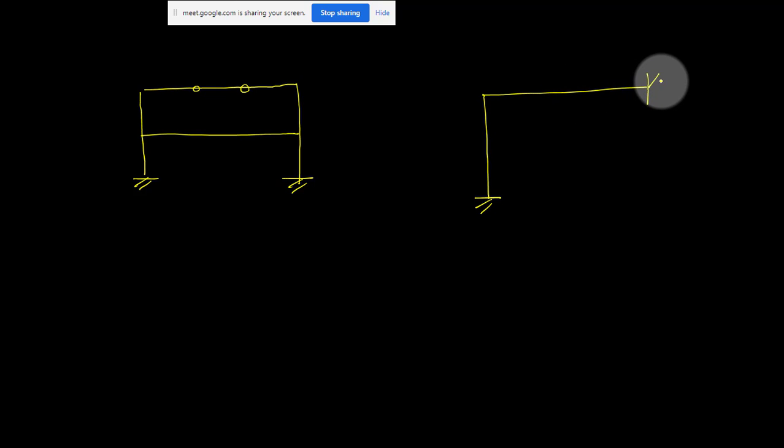Okay, so this is the first question. I have two hinges in the beam, and the second question is a simple direct question, like a simple frame only. Maybe I will give another question like this. This is the second question. So this is your another question, like here I have a beam. Here I have a hinge. Okay, so we'll see these two questions at least.